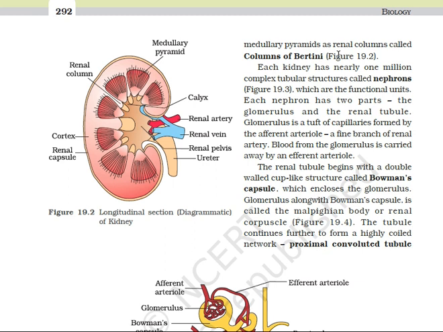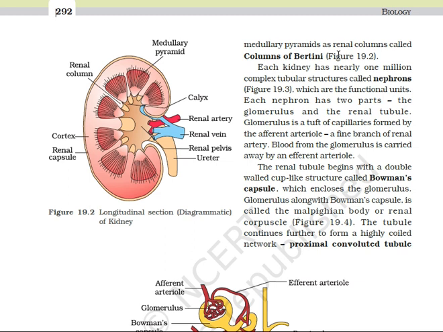Then another question I would like to ask you: the ureters do not have valves at their end opening into the urinary bladder, yet urine doesn't flow back into them on the contraction of the bladder. What is the reason? This I told you just now. Ureters are obliquely placed in the urinary bladder, due to which they do not allow the backward flow of the urine on the contraction of the bladder.